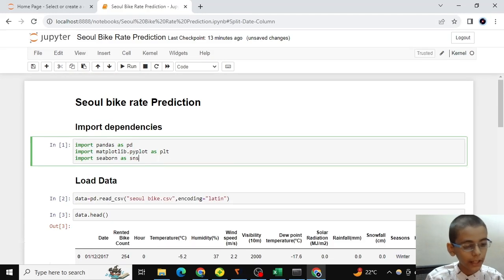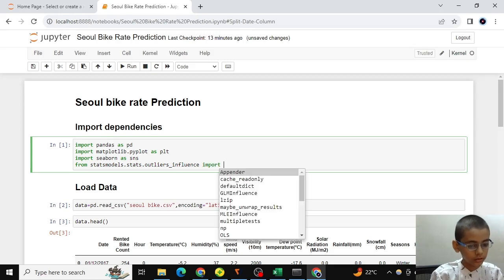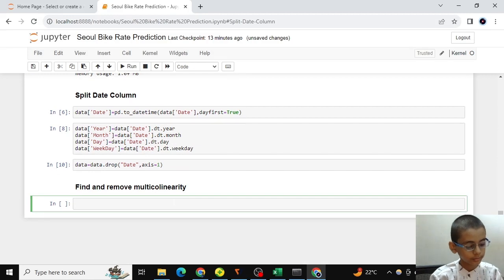For finding that, we can put here from statsmodels.stats.outliers_influence import variance_inflation_factor, and we have to create a function called get VIF.